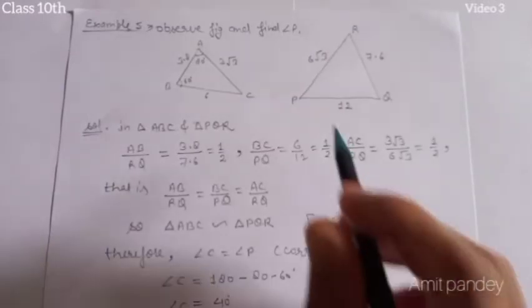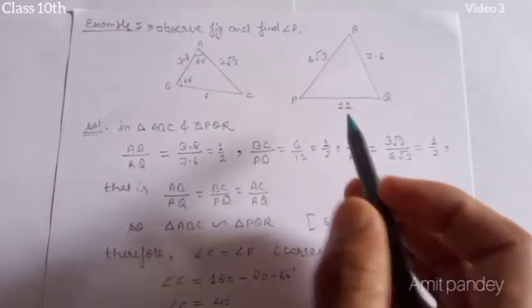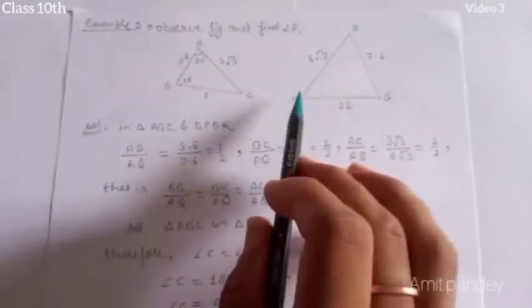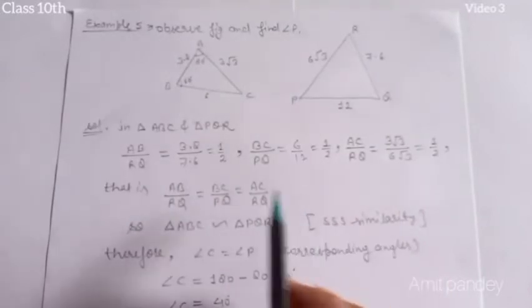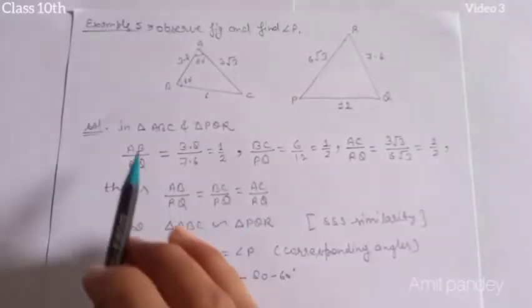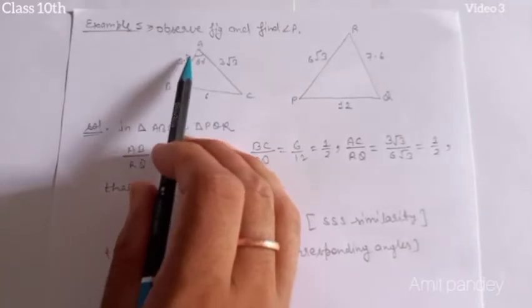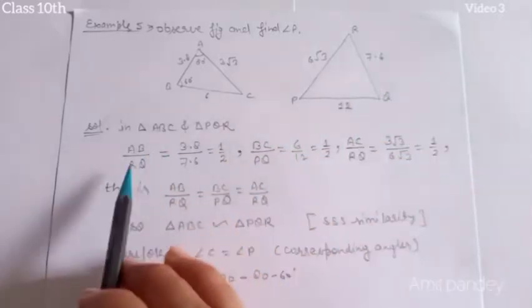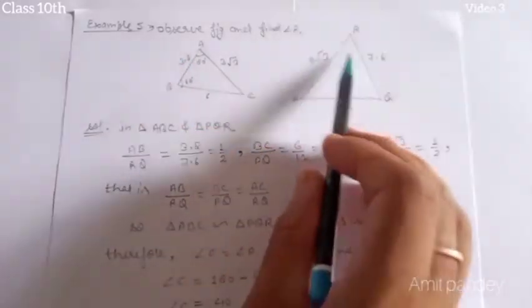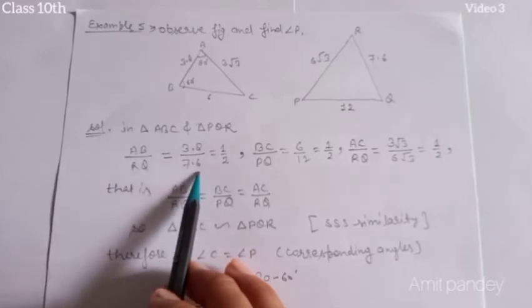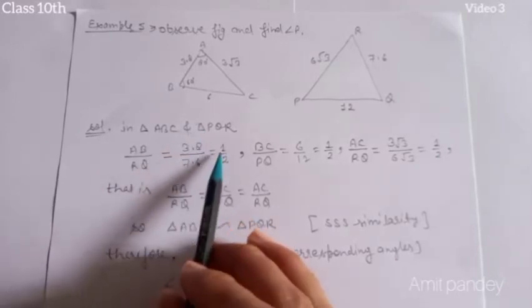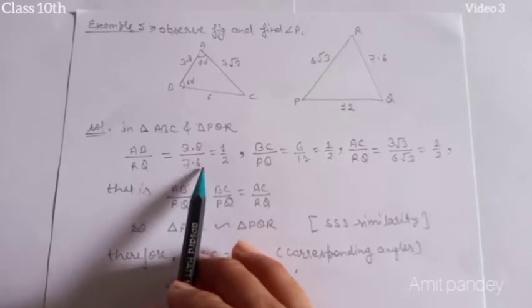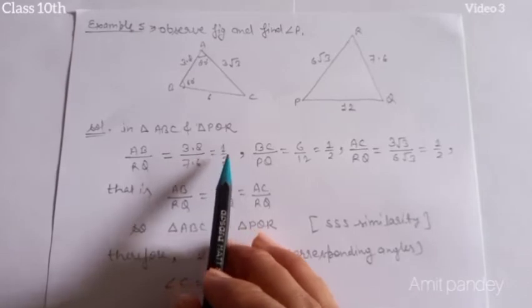So students, if the ratio of the sides is equal, then we can say both are similar, and after that we can easily find the value of P here. So let's check whether the ratio of the sides is equal or not. Here AB is 3.8, and the corresponding side is twice, 7.6 is 2 times. So AB upon RQ is 3.8 upon 7.6, the decimal is removed, it is equal to 1 upon 2.